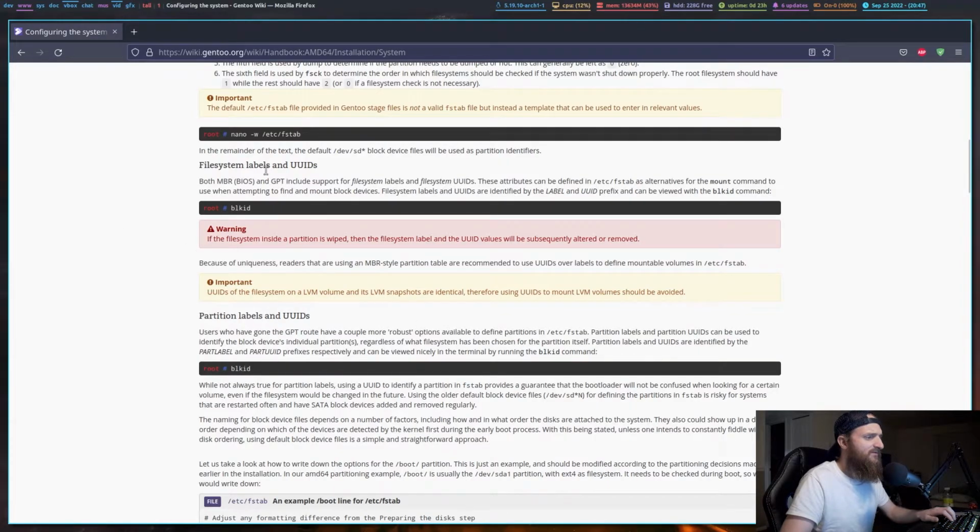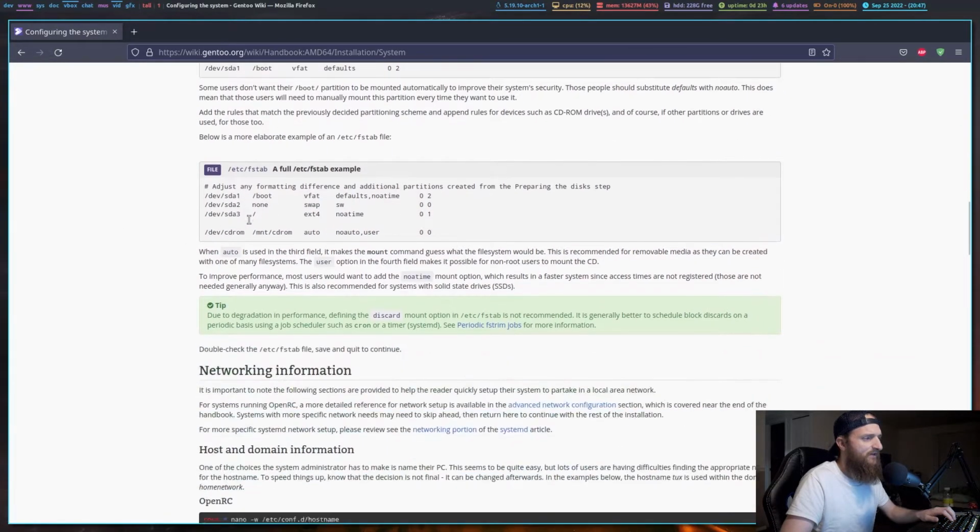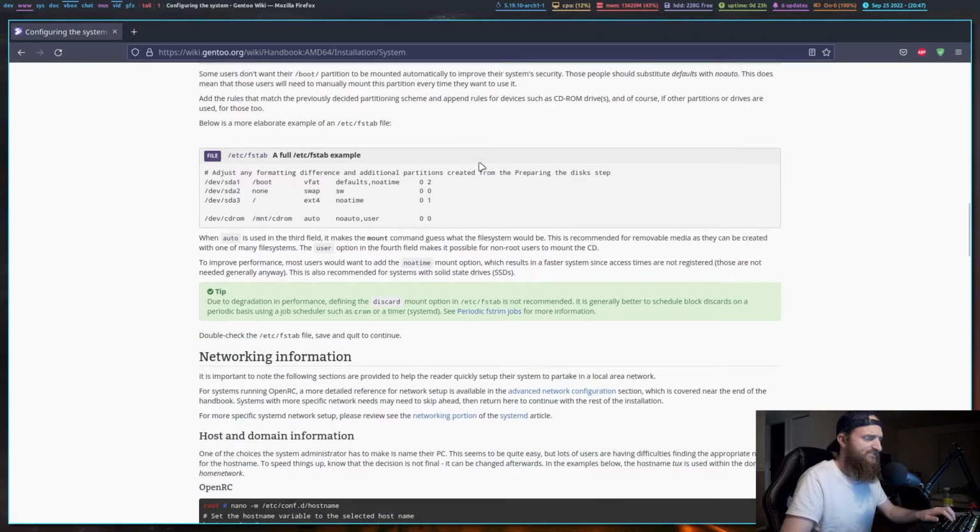So the next thing is the /etc/fstab. All right, so I'll explain /etc/fstab. These are your partitions that will be mounted at boot time. Obviously, you always need your root partition to be mounted, and you don't have to load the boot partition, but just understand that if you don't let your boot partition auto mount at boot time, anytime that you do anything with grub, or if you install a new kernel or anything like that, you do need to mount